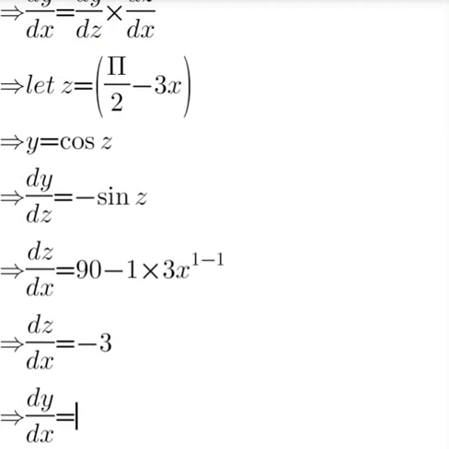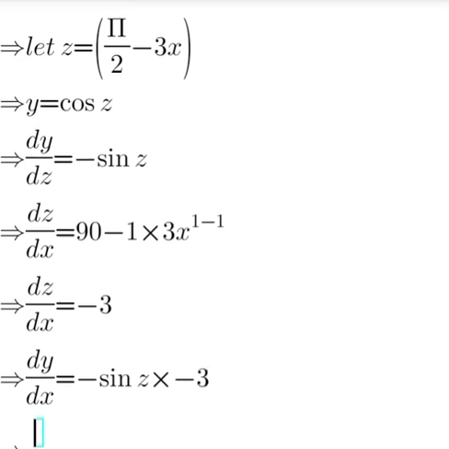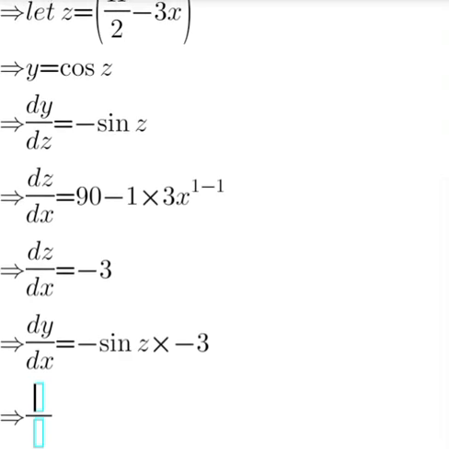Of course, we know dy over dz is minus sine z times minus 3. Of course, we know when we have something like this, we have dy over dx will now be equal to, minus 3 will come to the front, you understand? So it's going to be 3